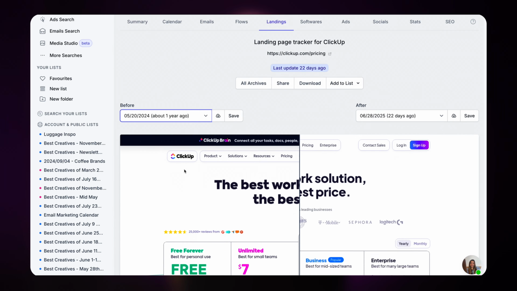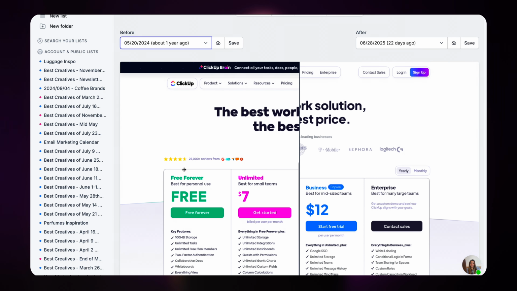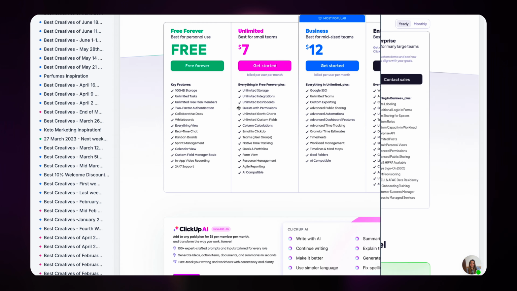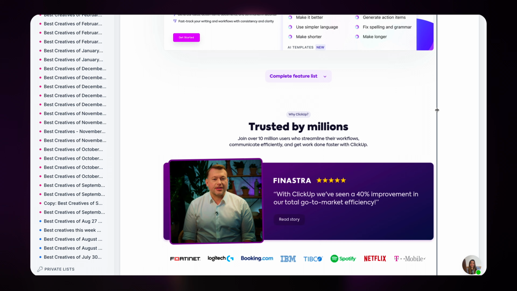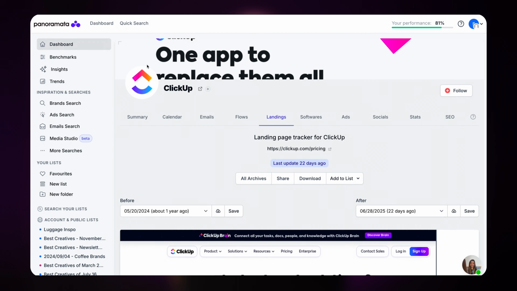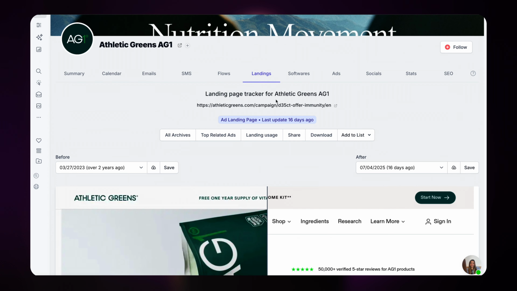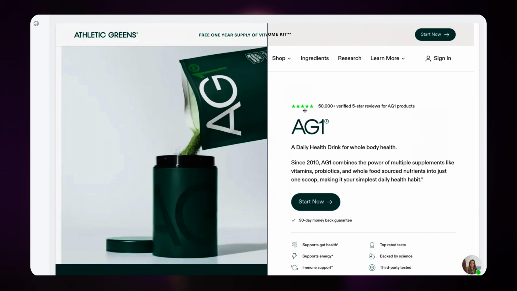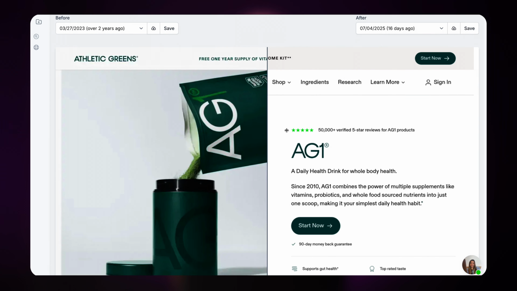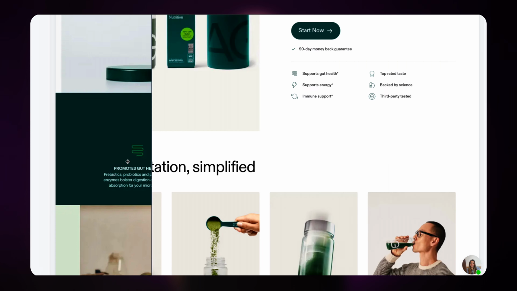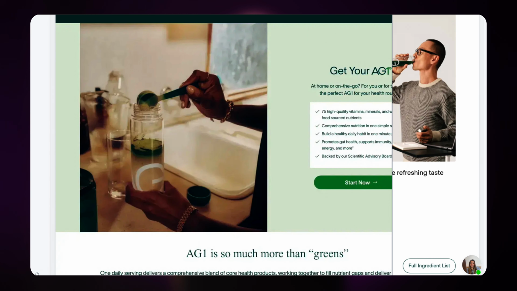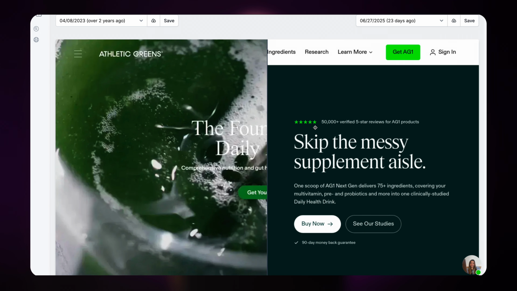Here, for instance, I can see all the changes ClickUp has made on their pricing page from a year and a half ago and 22 days ago. And I can do before and after to really see what they've been changing right away. Same thing with AG1, where I have this specific landing page, how it was 2 years ago and 16 days ago, and I can do again before and after to see everything that they did change